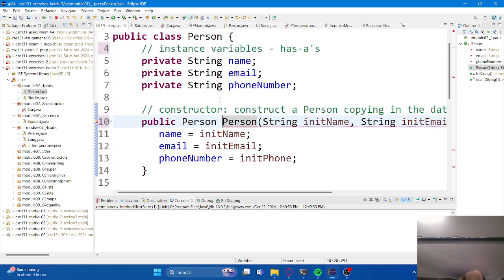Well, that's kind of redundant, right? It's not really necessary. So we just leave it off. We just leave that return type off, and we know that whenever I call the constructor, it's going to return an instance to me of whatever class that is, right? Whatever it says it is. So if I call the person constructor, it makes a person. If I call a car constructor, it makes a car. So on and so forth.